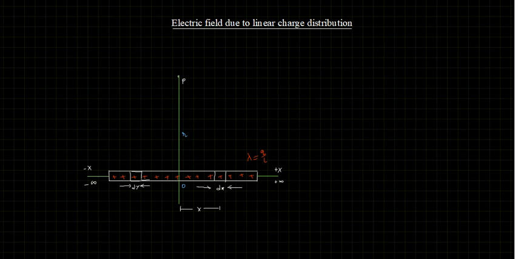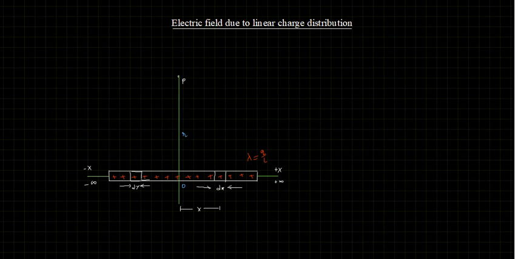We are interested to find what is the electric field at point P due to this infinitely long charged wire. Okay, so how to do this? In order to do this, we cannot go for the whole length. So we'll start with a small region, small length, and then we'll use the power of integration to find the electric field at P due to all the charge of the whole length.